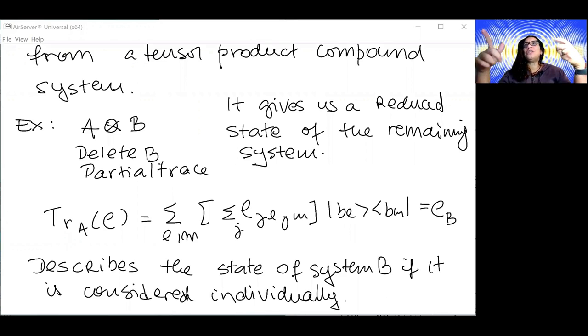So effectively what you're doing is you are tracing things out, and you are using this concept of reduced state. So we're going to see here some examples,